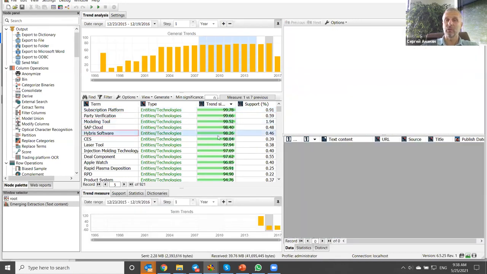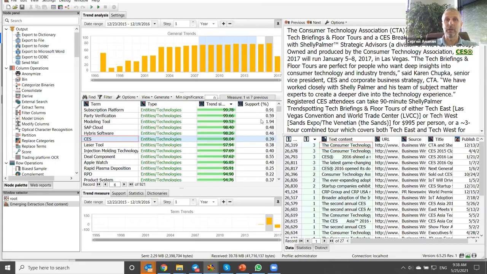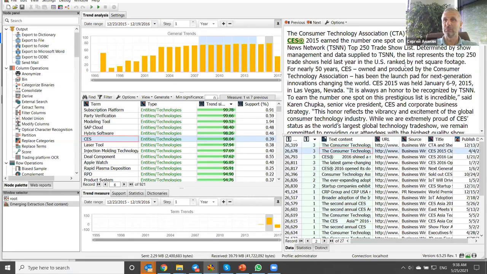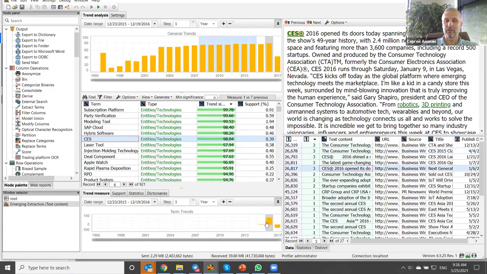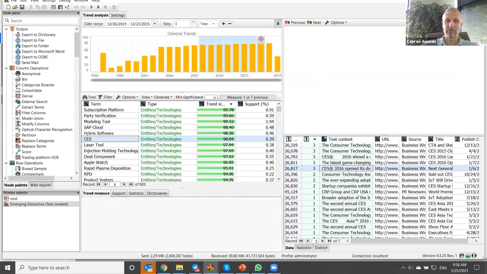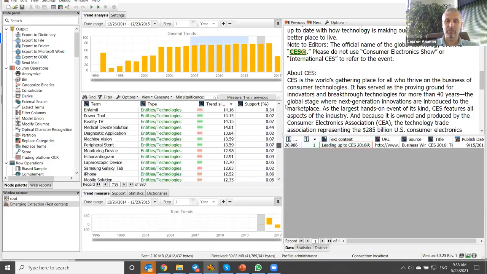You see that they are all on the rise. So we can go through individual elements, and you see why the system picked it. If you move the segment, the results might change quite a bit.